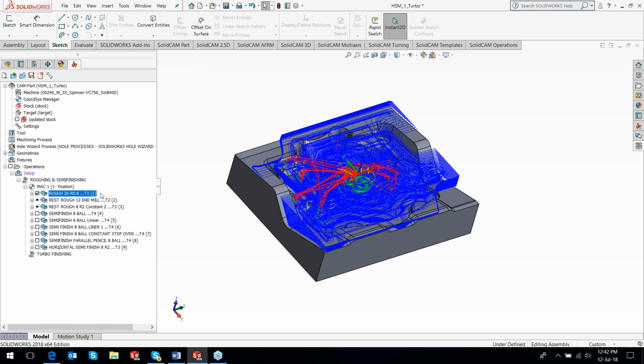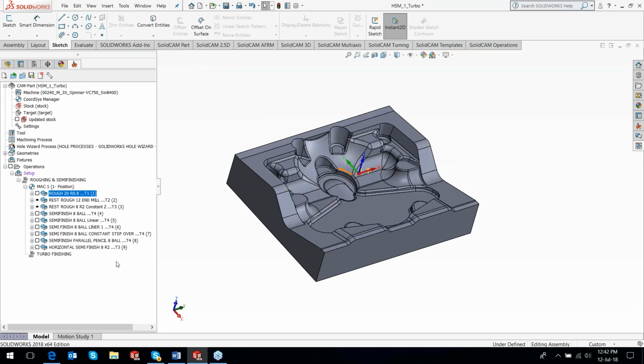So what we did after this was we introduced a very important feature, or very important 3-axis calculation engine called Turbo HSM. Turbo HSM is a completely new product. It's a new engine. It's based on the latest 64-bit architecture, and it has got extremely fast calculation times. Okay, it's almost like 4 or 5 times faster. That's the least. And in some cases, parts which are pretty large, it could be as fast as 50 times